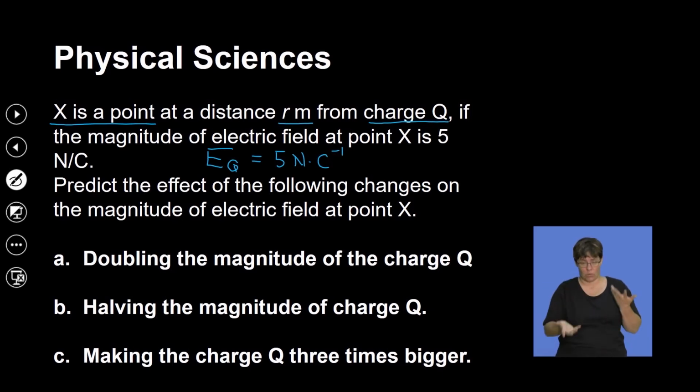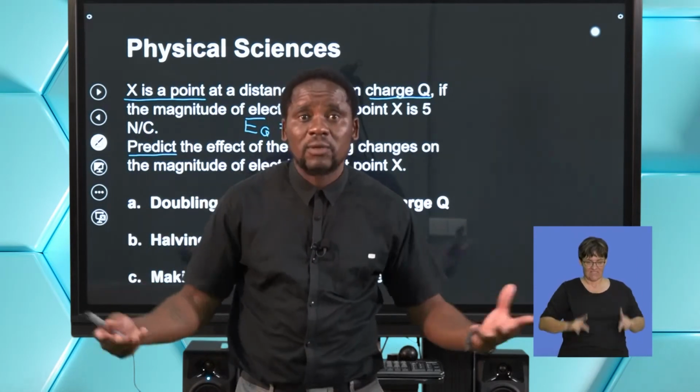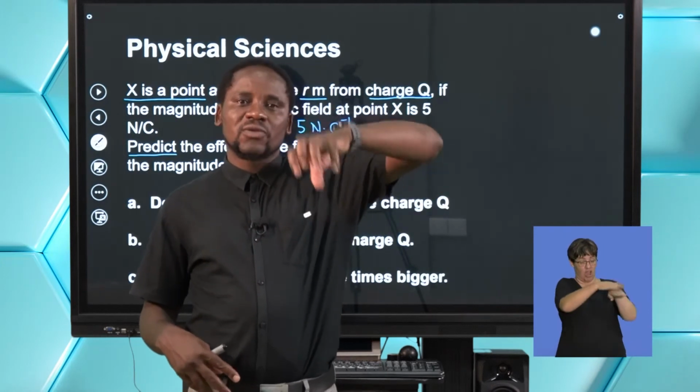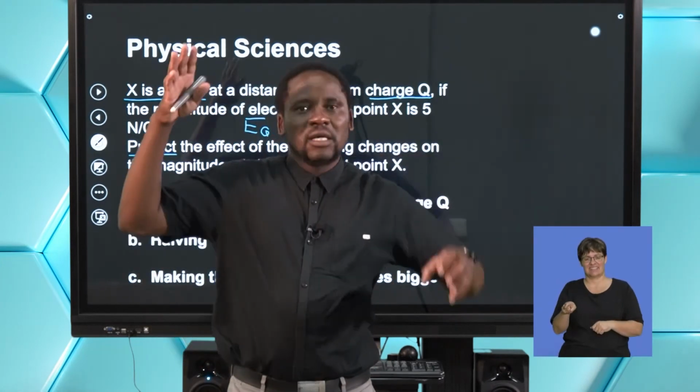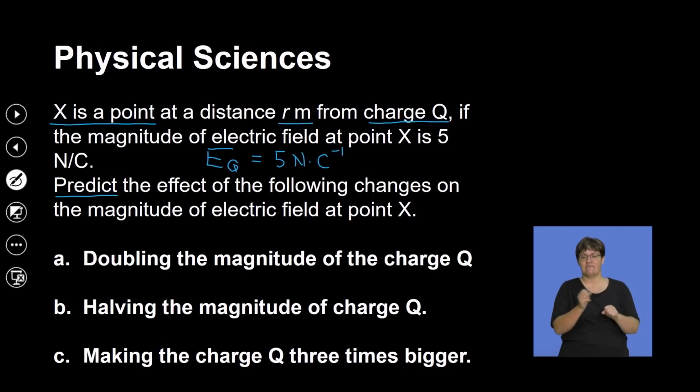Whatever the direction is, for now we're not interested in that, okay? But remember, electric field at a point is essentially a vector quantity, right? So it says here, predict, again, predictions, and more predictions. And these predictions, as we have grown to understand it, essentially talk about the relationship that exists between physical quantities. So now we are exploring the effect of changing the magnitude of the charge versus the electric field at a point, okay? Now it says here, predict the effect of the following changes on the magnitude of electric field